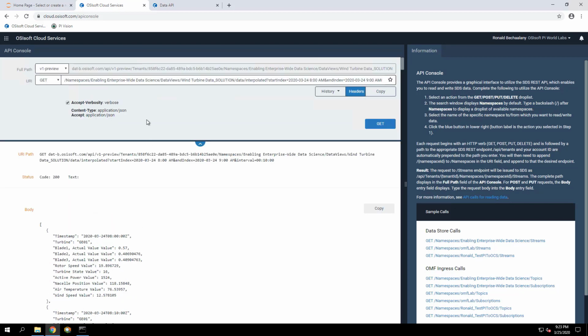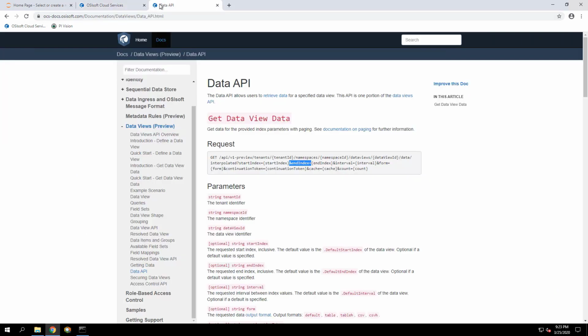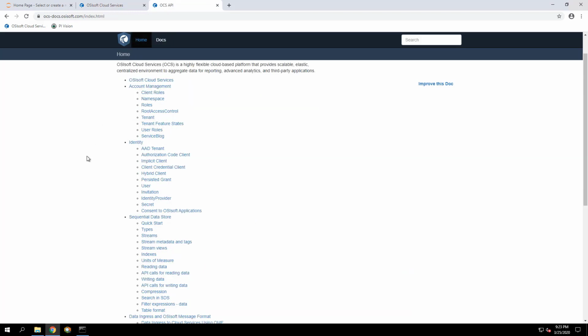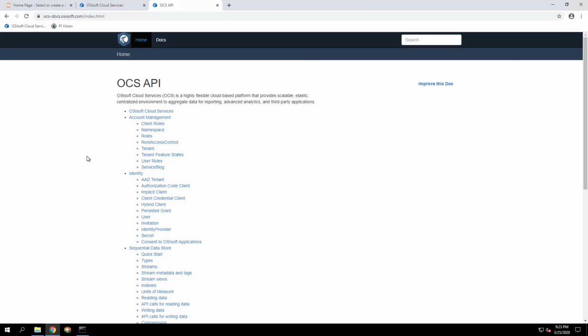Again, this API console, you don't use it to build scripts. You just use it to help you figure out which URLs and which queries you need, and how to build that URL, which you will use later on in your script. So make sure you use that to test the results, to test your URLs, and make sure you use the API documentation as well, because this helps out a lot and reduces the time to build your scripts.